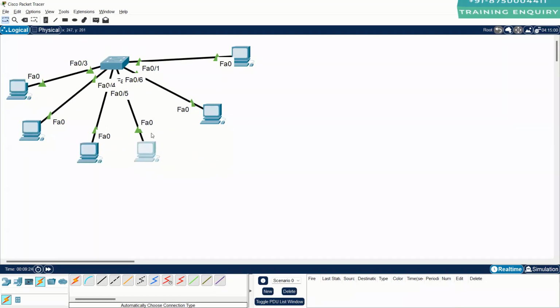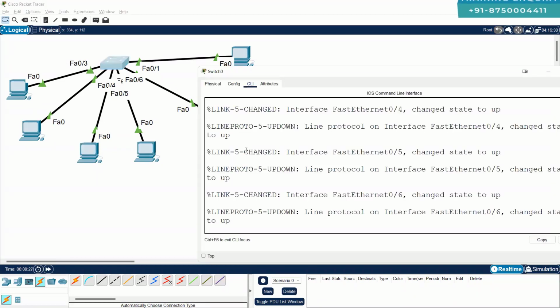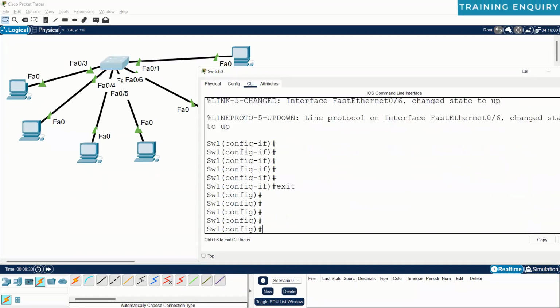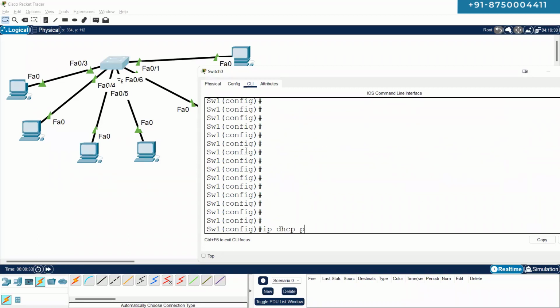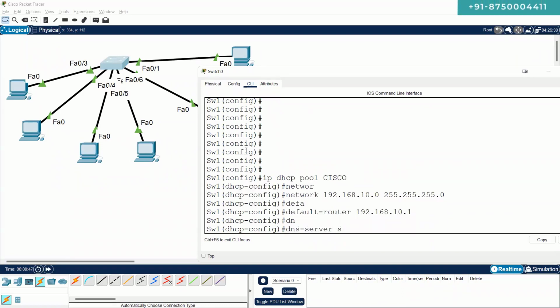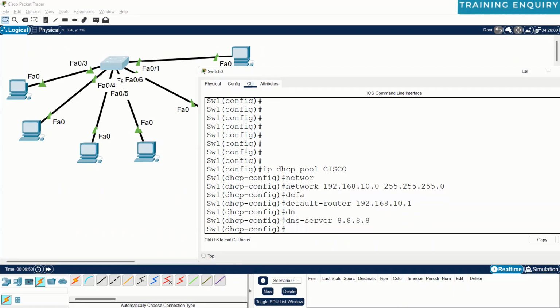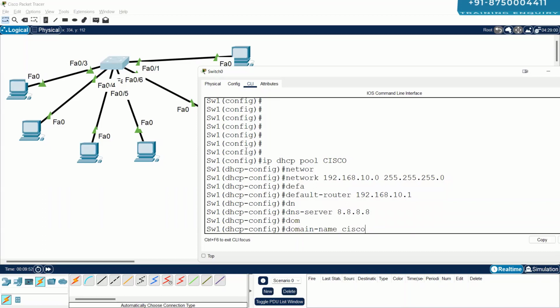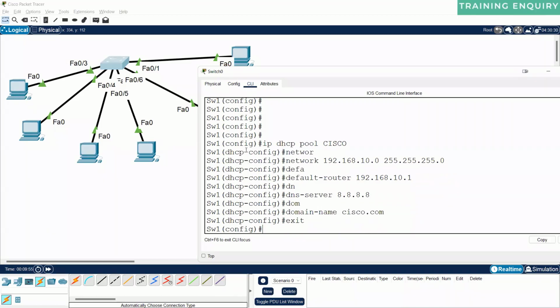In fact, I can go on this switch. In fact, and what is this? What is this? What am I doing here? You create DHCP server. Exactly. Yeah, I configured a DHCP pool onto this switch to provide the IP address of this subnet